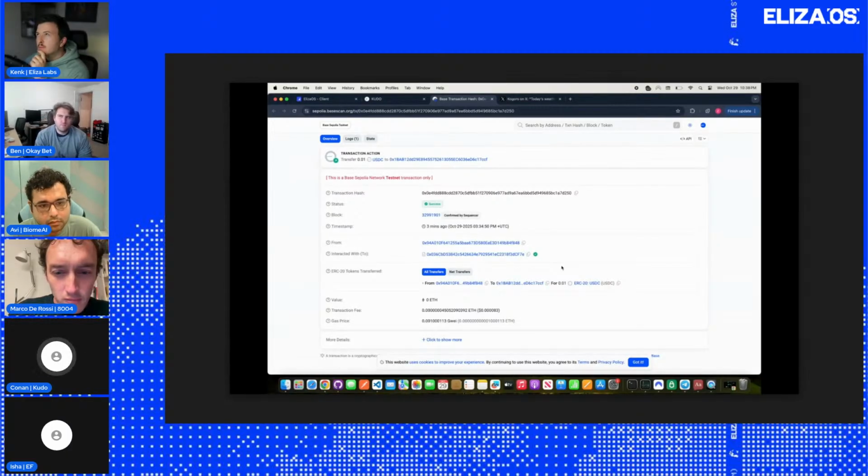So that means the agent has fulfilled what it has promised. And in the context of ERC-8004, we will update the reputation registry to improve the agent reputation because it has fulfilled the promise, right?